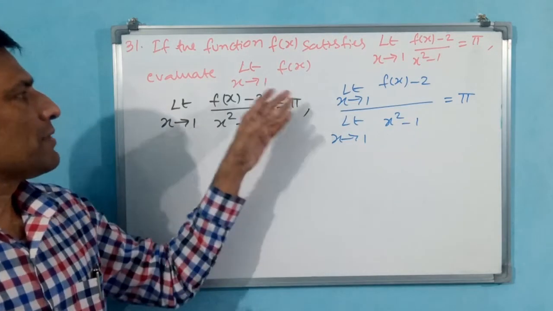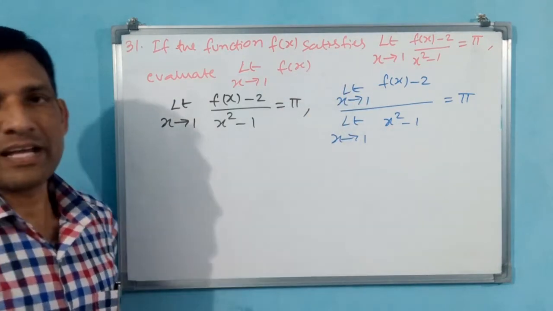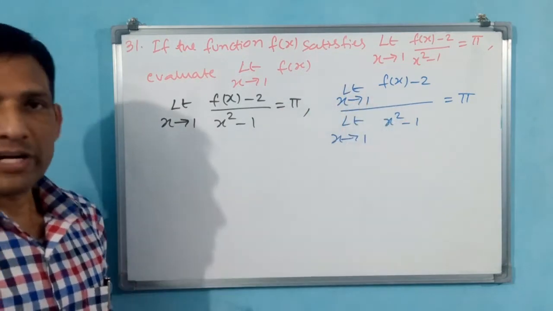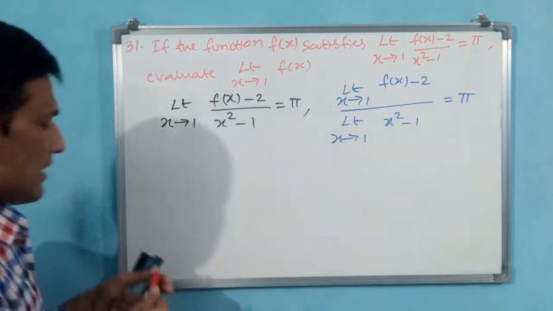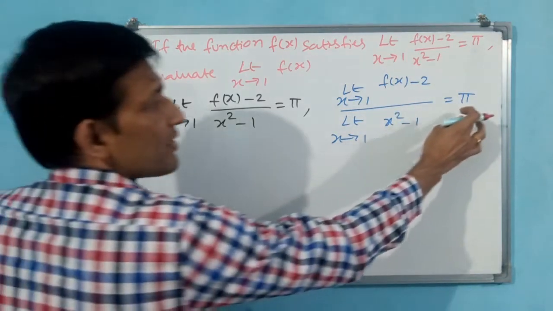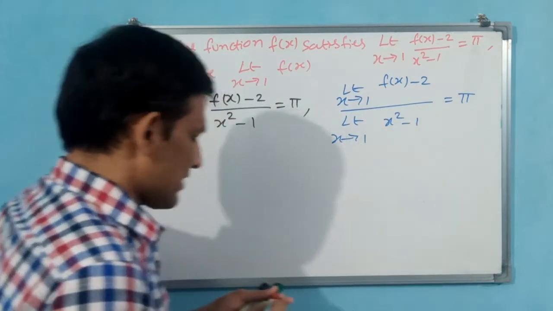Okay, correct only, no? Why? Because f of x by g of x, limit f of x, limit g of x, like that I have taken, numerator and denominator. Now what I am doing, I am sending this to that side. You see what will happen. But this is a constant, like a scalar, that you keep in your mind. This is a scalar.